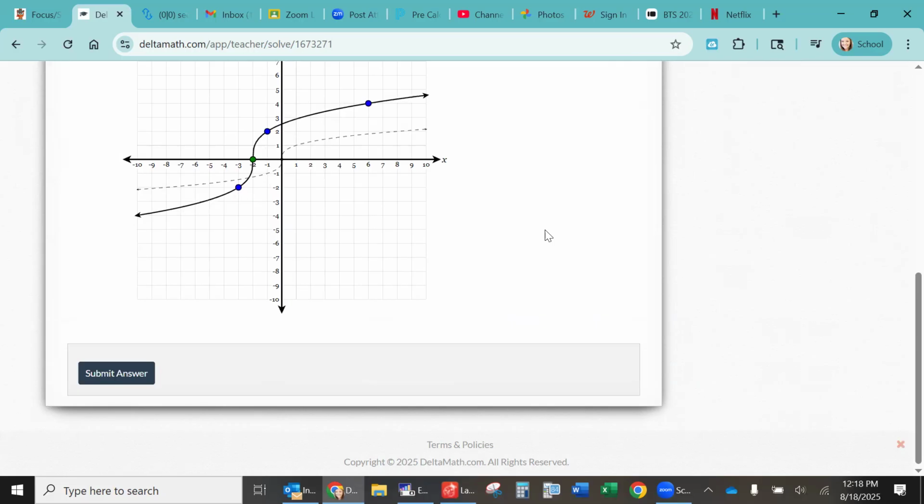Okay, the very next question is going to ask you domain and range. But if it's a squiggle, automatically, what's the domain and range? All real numbers. Okay, so you can always peek back at that graph if you need to. But for cubics and cubic roots, it's all real numbers for both.